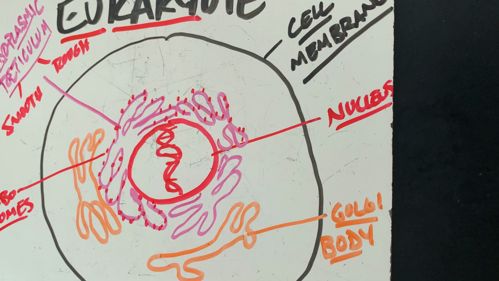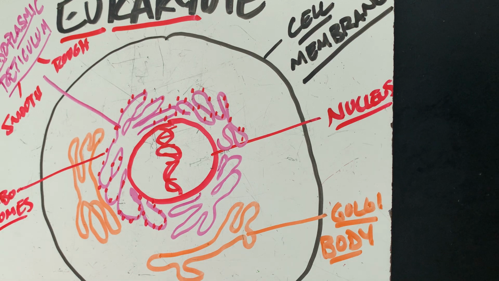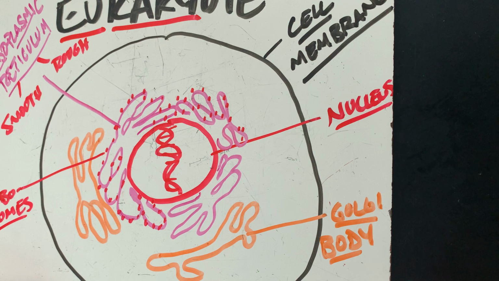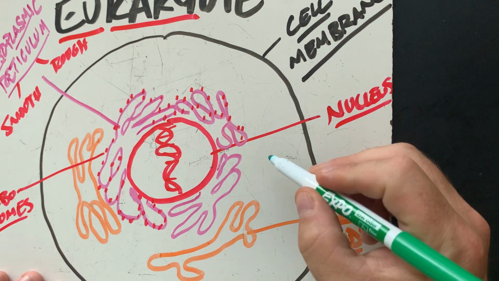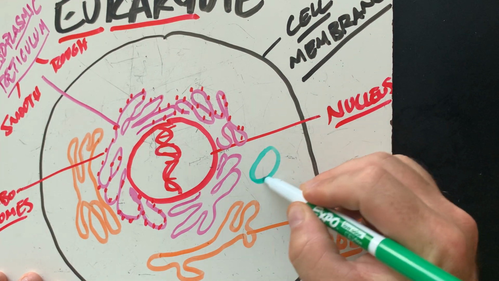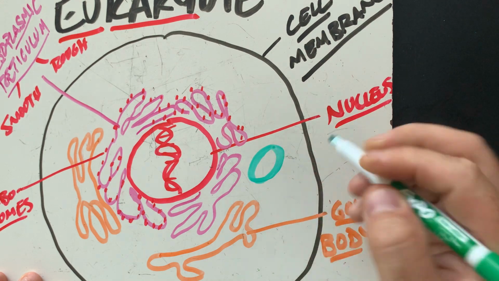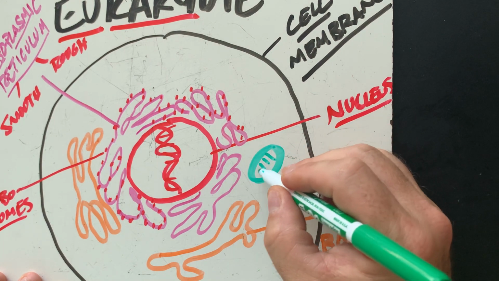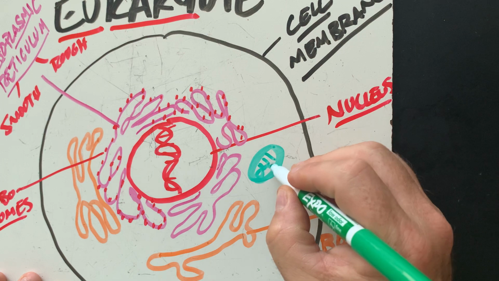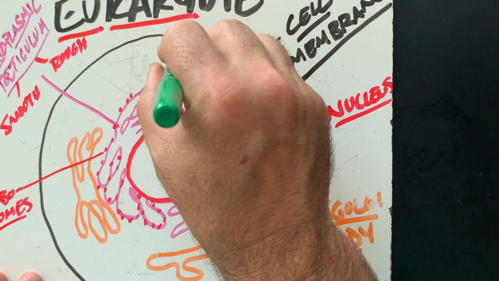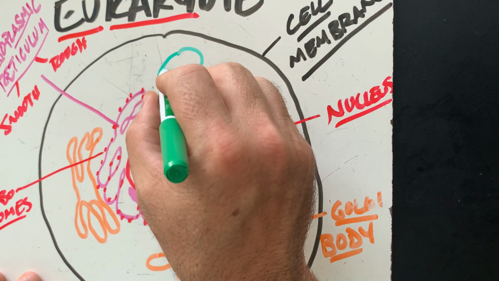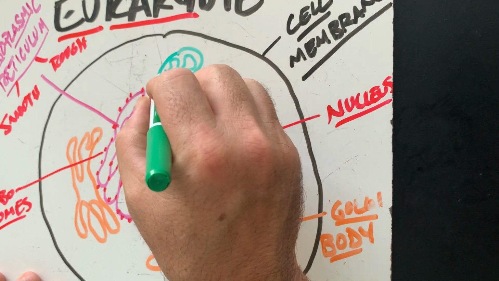Let's see what else we can draw here. I'm colorblind, so I'm struggling with my colors. I think this is green. It doesn't say so, but I think it is. Okay, so there's other organelles that are inside of eukaryotes as well. If you're a plant, you're going to have organelles that look kind of like this. They're green because they have chlorophyll, but they're called chloroplasts.